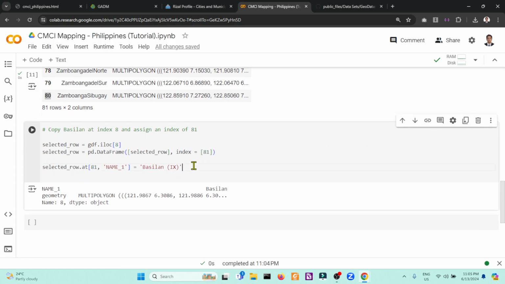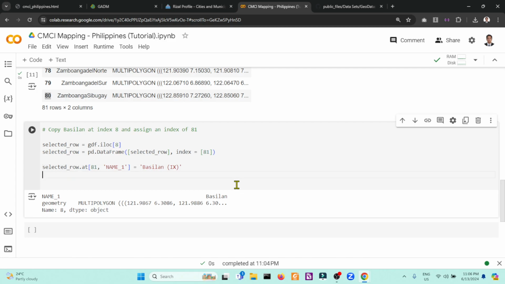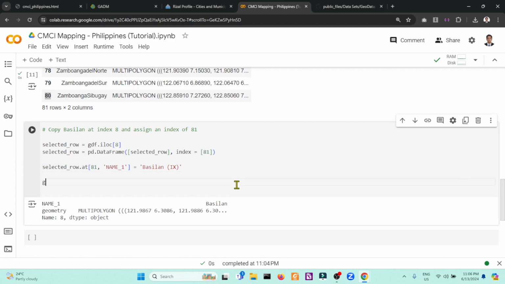Then the next one is we will need to concatenate the selected row, which is the Basilan 9, and add it to the existing GDF data frame that we have. So in terms of concatenation, GDF is equivalent to pd.concat of GDF and specifically the selected row.